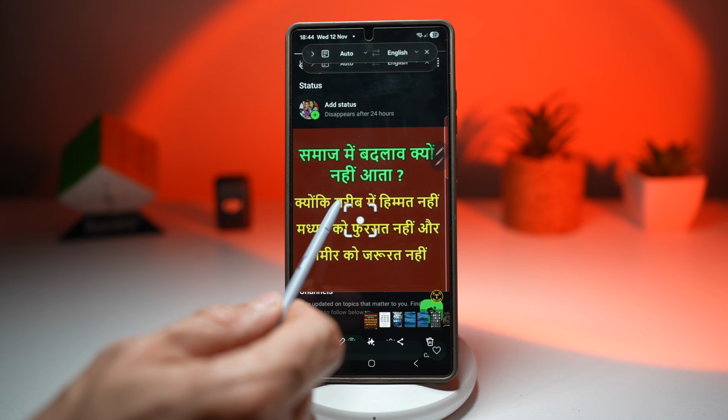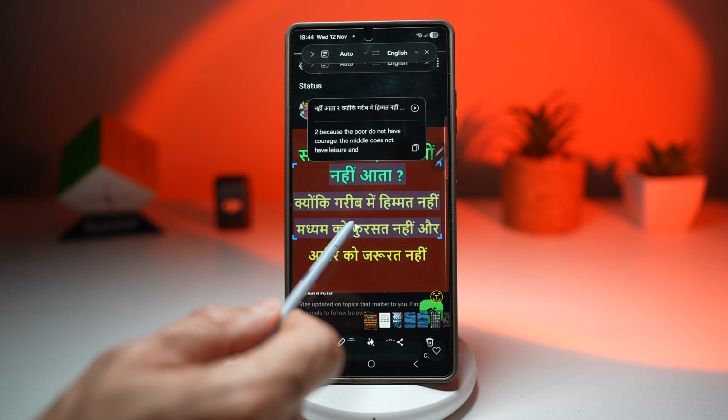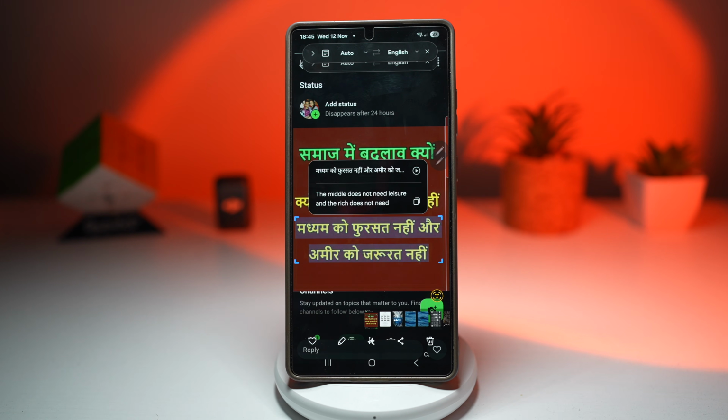And now I will go ahead and start translating this. There you go. "Because the poor do not have courage, the middle does not have leisure," and etc. So this breaks language barriers instantly. So this is great for travelers or international calls, and it uses AI for fast, accurate